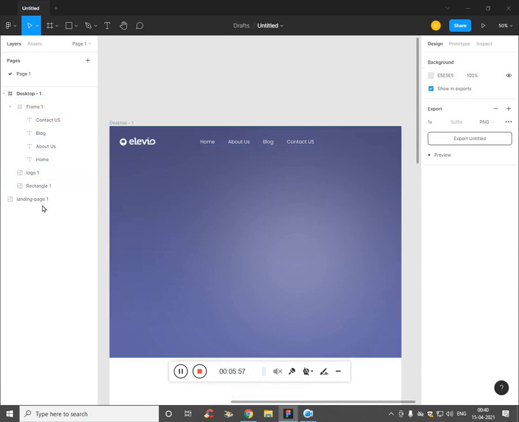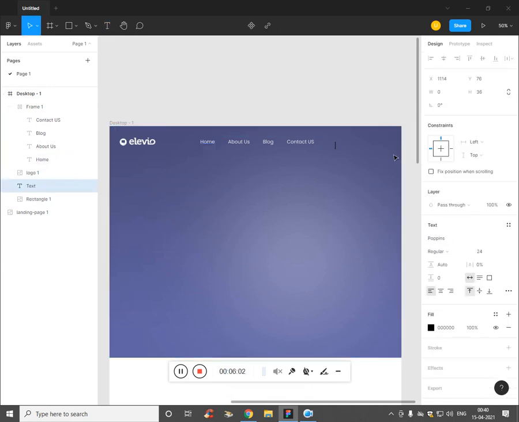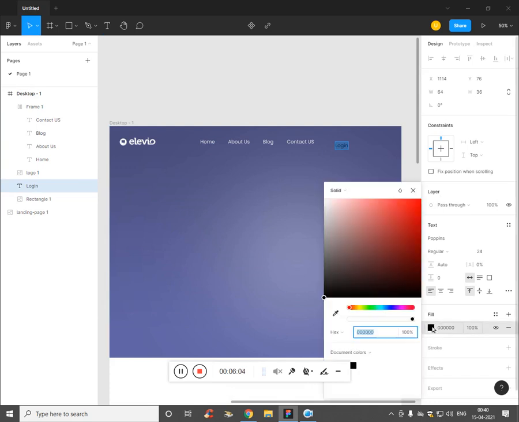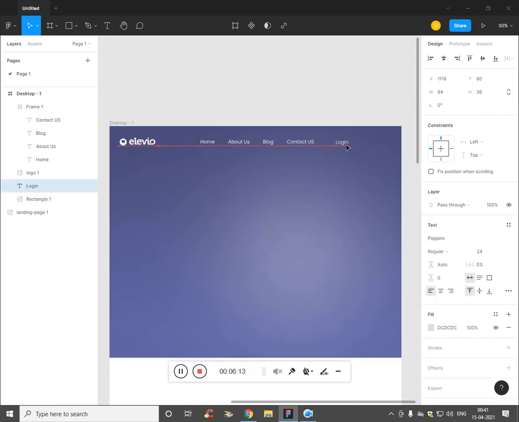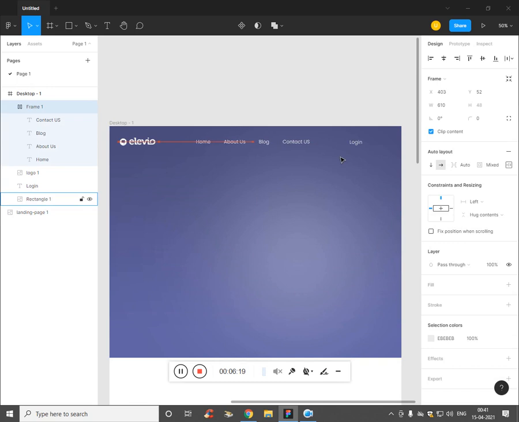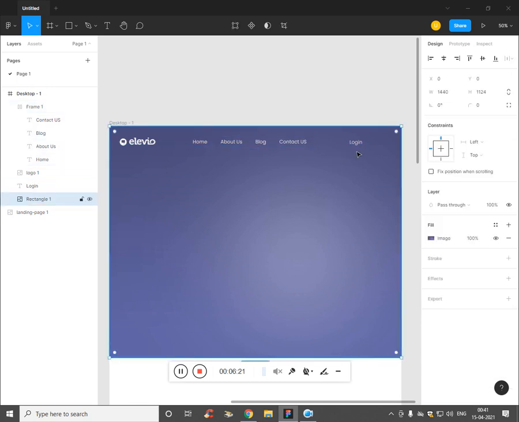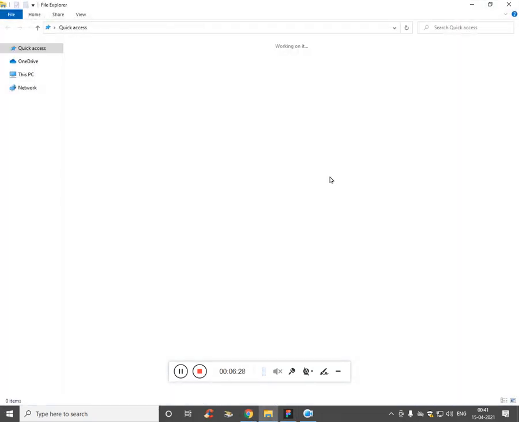Well, that's cool. Now again we need to create a link. To create the link, press T and name it login, and the color is going to be white or somewhat white. Press V to move the text and place it properly. And then we have two buttons again, and we have a button with a rounded corner that we are going to create now. So here it is.